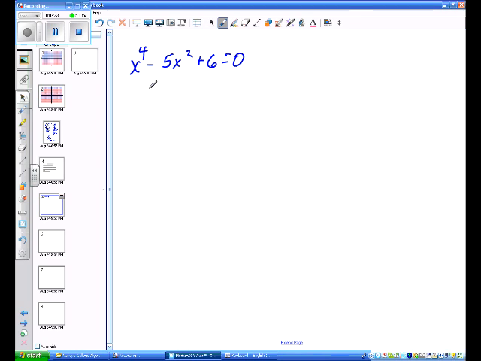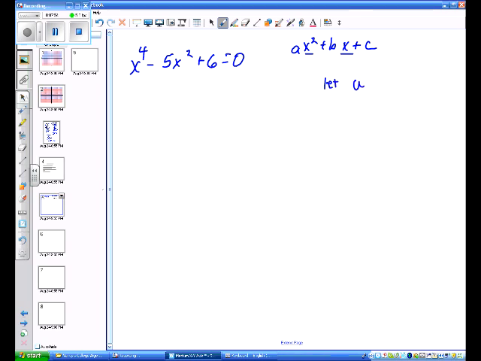But if you notice, if I look at my x squared and I squared it, I would get x to the 4th. So this is in the form of ax squared plus bx plus c, because if I took this quantity and squared it, I get this one. So we're going to solve it like a quadratic even though it's not. Now the process we're going to do is we're going to say, well,